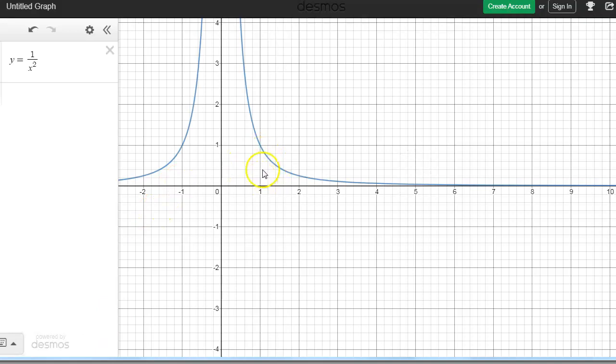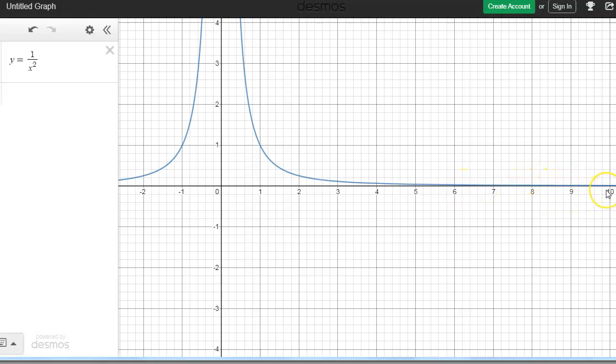The total area underneath this function from 1 all the way out to infinity is only 1 square unit. It's not infinitely many square units. It's not an infinite area. It's actually a finite area, which is pretty amazing, because it has an infinite length here, but it's getting so close to the x-axis so fast that